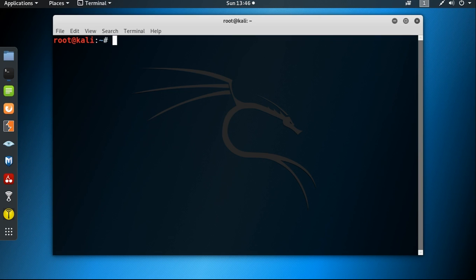Now suppose I know the user ID. In that case, only use dash small l to specify the user ID.